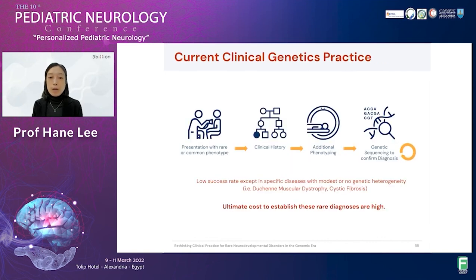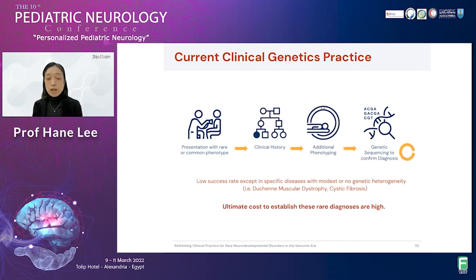Now let me wrap up by proposing how clinical genetics practice could or should be done. This is how the current practice is mostly done. A patient is presented with a rare or common disorder, and the physician takes clinical history of the patient. Additional phenotypic data are collected by various tests, which are often expensive and frequently do not lead to a clear